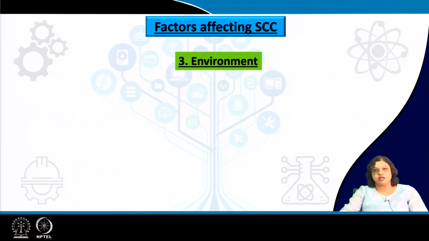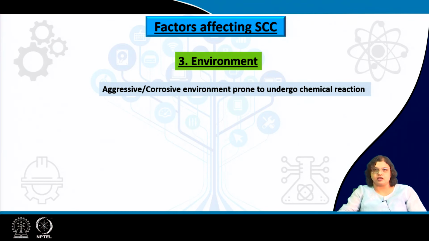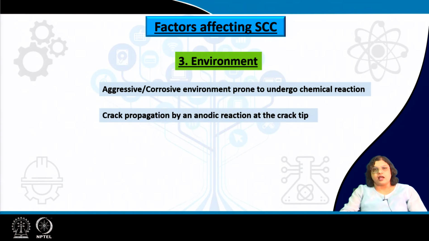Environment is certainly a very important one, and once again we need to understand the different atmosphere and the metallic or material system, the combination of these two, which will lead to stress corrosion cracking. So, this aggressive or corrosive environment is prone to undergo a chemical reaction, and the crack propagation will occur as an anodic reaction at the crack tip,